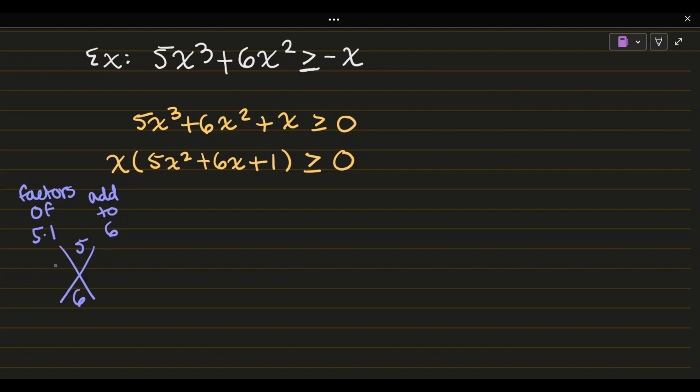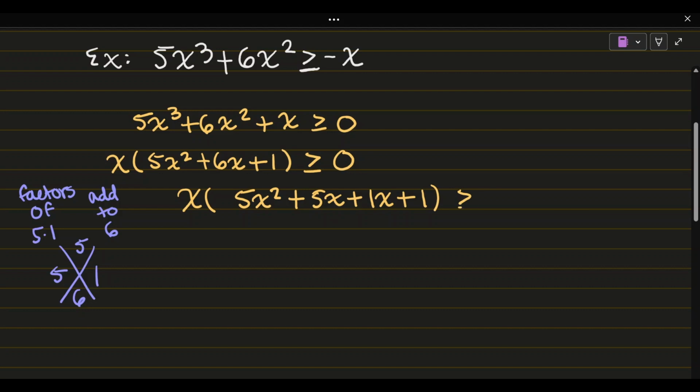So why not take 5 and 1, right? Because 5 times 1 is 5, and 5 plus 1 is 6. Now, recall, a is not 1, so I have to factor this by grouping. So I do this a little bit differently. I have 5x squared. I'll split this 6x up into 5x plus 1x plus 1, and that's all greater than